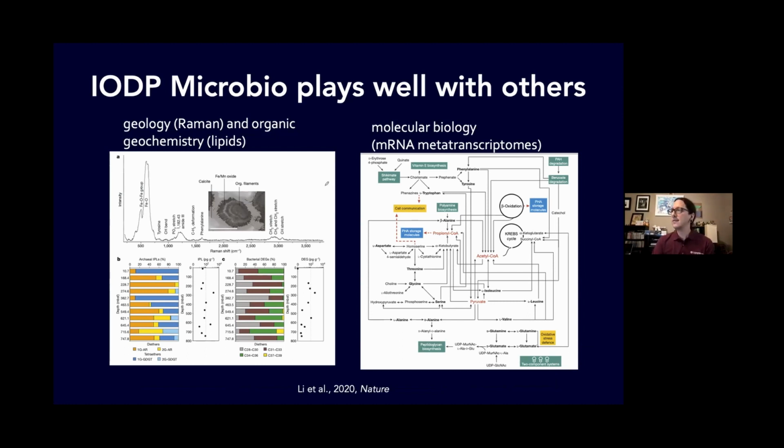In this case, this was a paper that came out last year based on the work from Expedition 360. On the right, you have some fancy RNA-based analysis that tells us what microbes are doing, what types of metabolic things. That's all lovely, even though it looks horrifying. But this was only really convincing because it was combined with some Raman analysis and also some work looking at lipids.